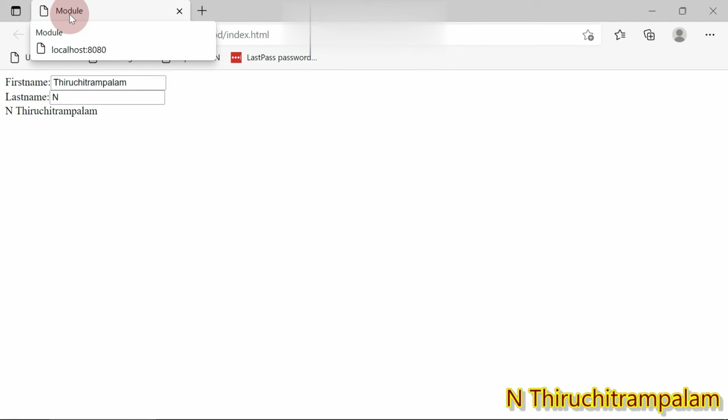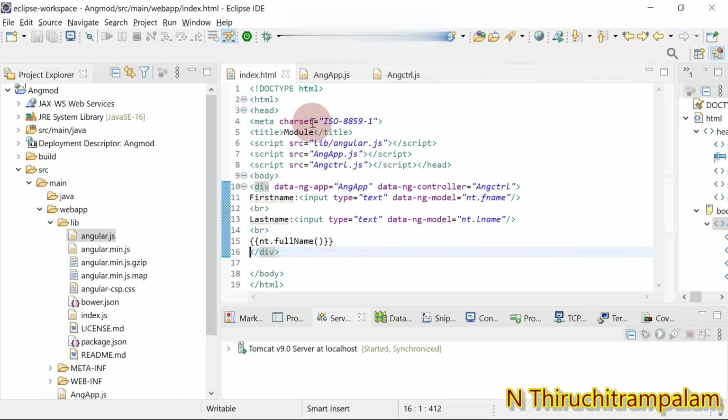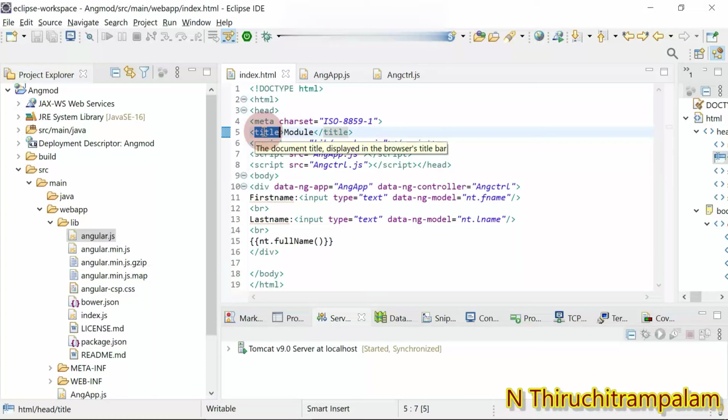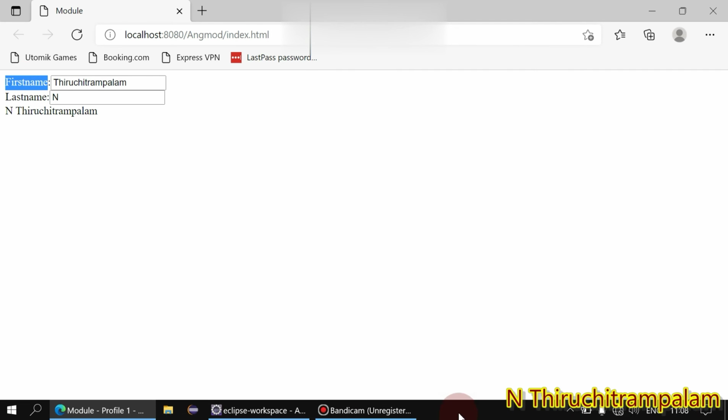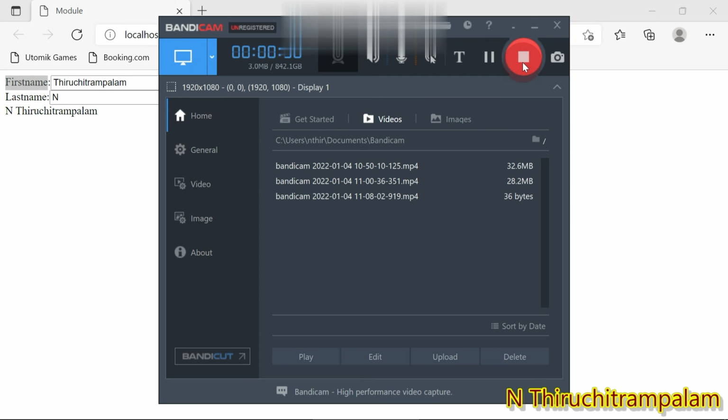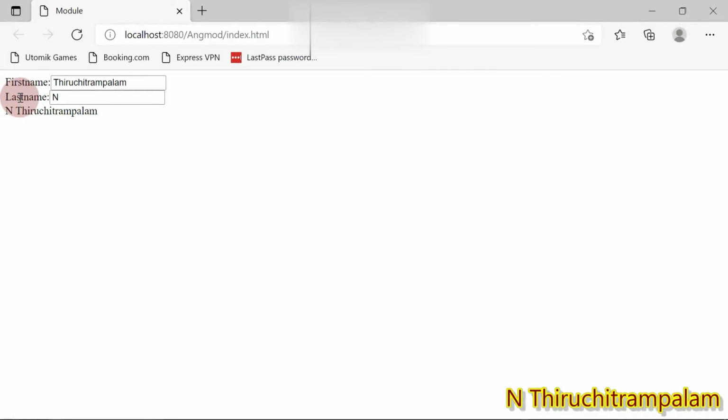All right, the name of the view page is model, right? In the title element we have given model, so that's the reason you can see model as the name of the view page. And then you can see two labels, one is first name and the other one is last name, right?